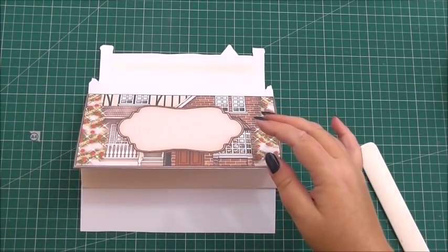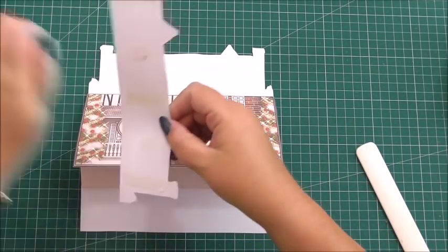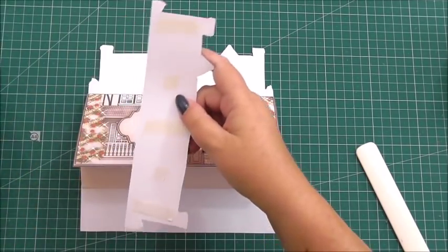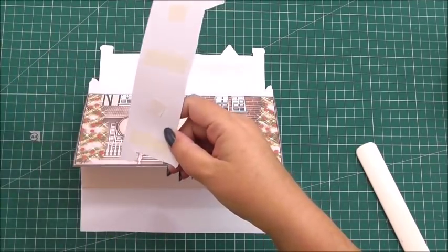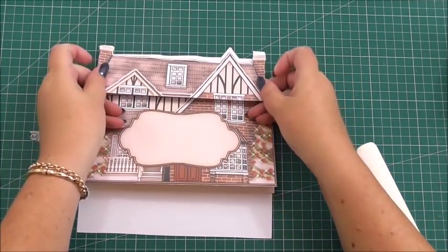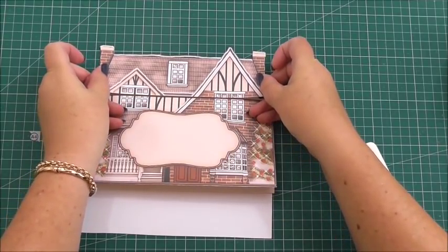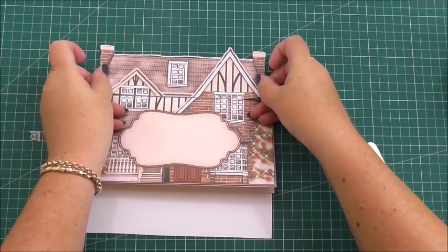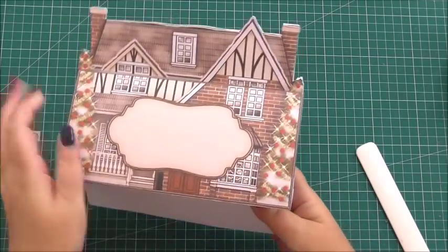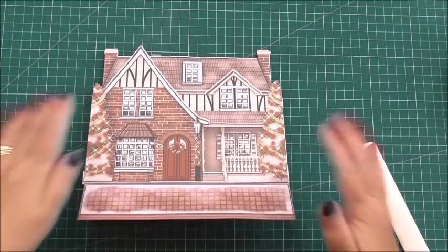And now I'm going to just add the section that shows the roof. And this again is just on flat tape. So I'm just peeling the back of the tape away. And then I can marry up the pieces like so. And that gives us the back of the house. Now there is an extra label if you need it as well in the kit,